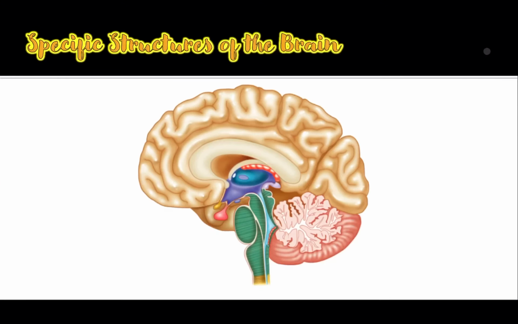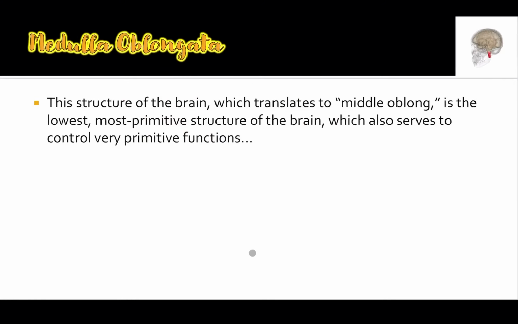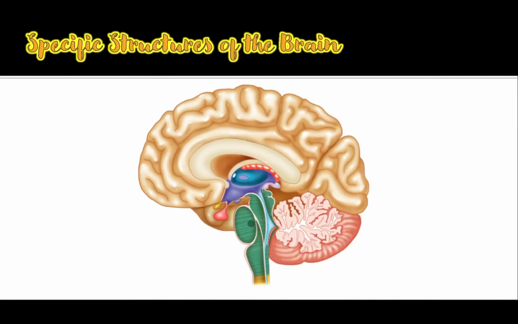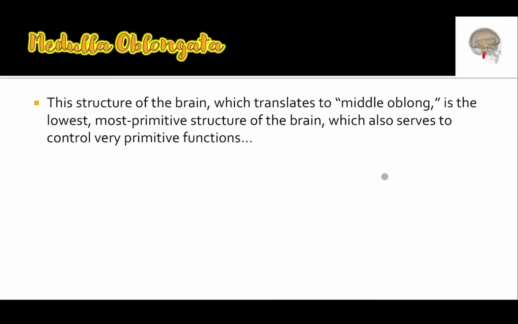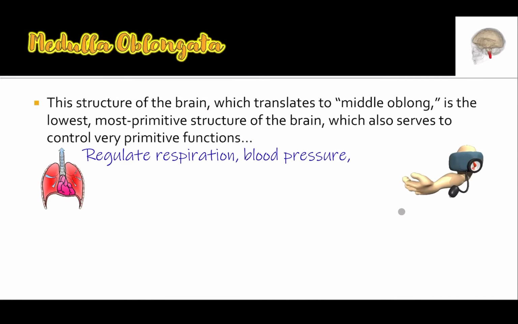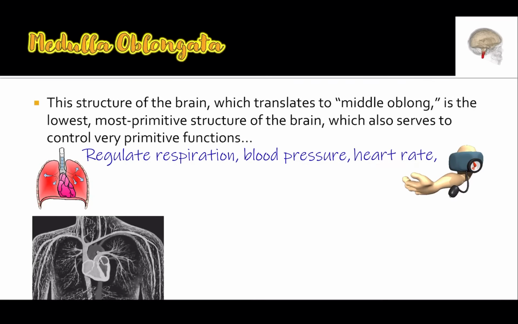And then lastly, the last structure I want to talk about is this lowermost structure. And it is the most primitive structure. It's the first structure to develop in the growing human brain. And you'll see why. It literally means middle oblong. You'll notice it's an oblong egg-looking structure. Like the pons definitely looks like an egg, but it's got a little bulge here. Kind of looks almost like an Adam's apple if this is your throat of your spinal cord. But this medulla oblongata does super basic things like breathing or blood pressure or your heart rate,